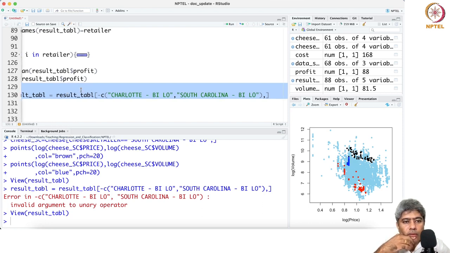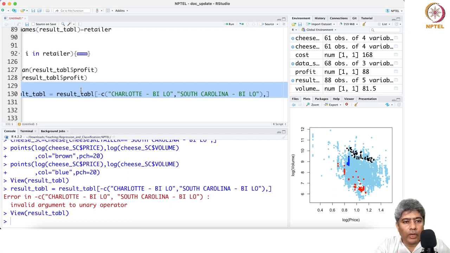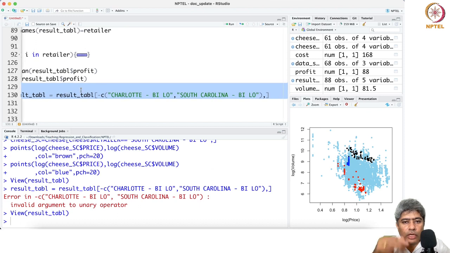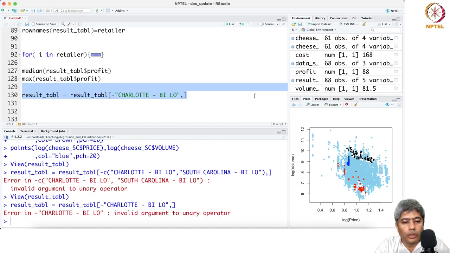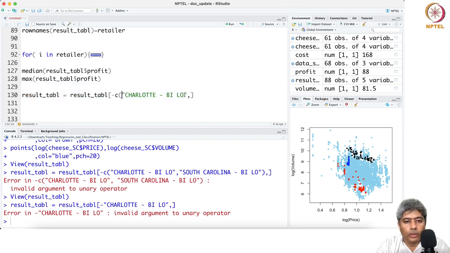All right, it looks like it's not mutable. If I just drop this guy like this, invalid argument, okay. What I can do is